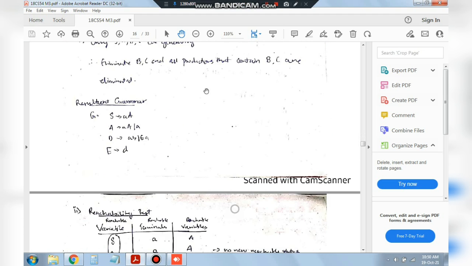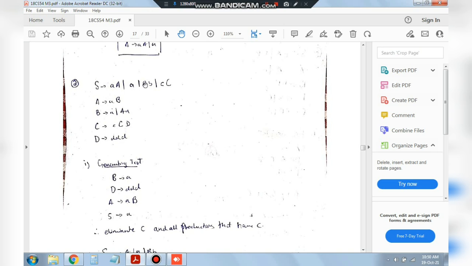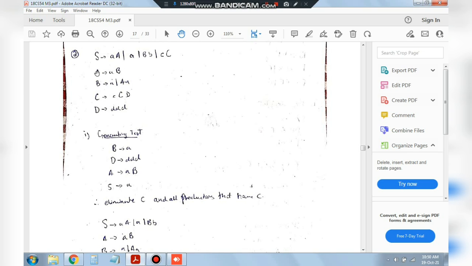Okay, and after that, what we'll be doing is the second question. In the second question, we have S defined as small a and capital A, and small a and capital B, and A defined with small b, and small c and capital C. Okay, and these are the four symbols defined with each of these derivatives here. We'll be performing two tests here. The first one is the generating test, and the second is the reachability test. In the generating test, we have to choose each of the symbols, and then we'll be seeing if the symbol leads us to a terminal or not.